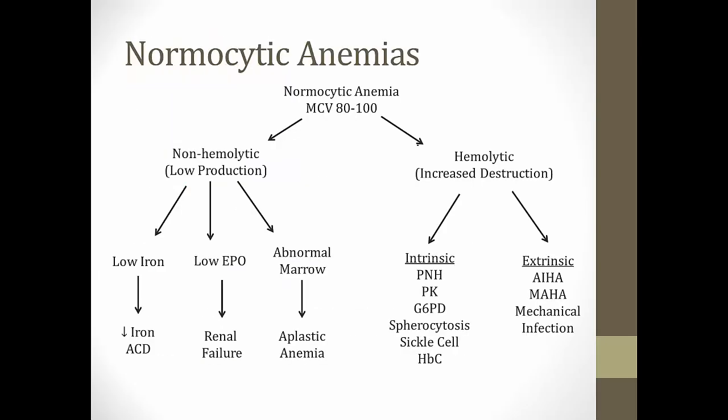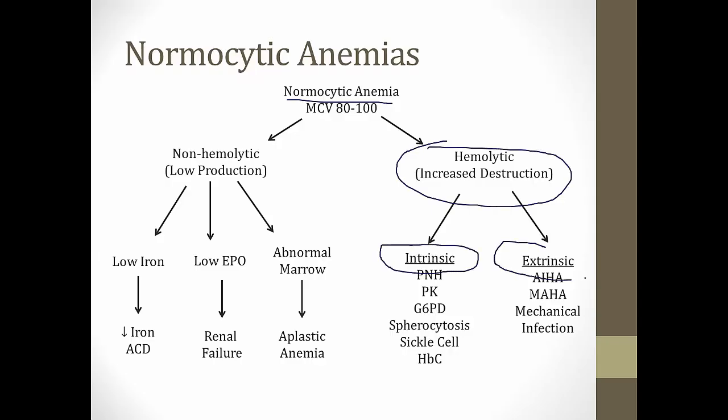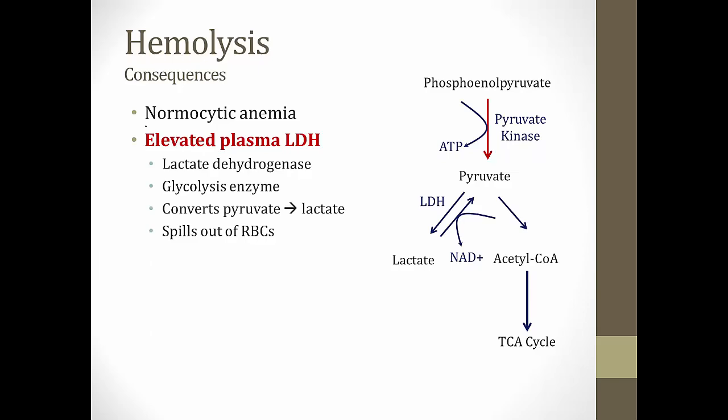So if we go back to our breakdown slide of normocytic anemias, we can now group the hemolytic anemias into those with an intrinsic cause versus those with an extrinsic cause. And I have separate modules on both of these two types of hemolytic anemia. So I told you before that hemolysis leads to a normocytic anemia, and a normocytic anemia is one of the hallmarks of hemolysis. Now let's talk about some of the other hallmarks of hemolysis in terms of lab findings and